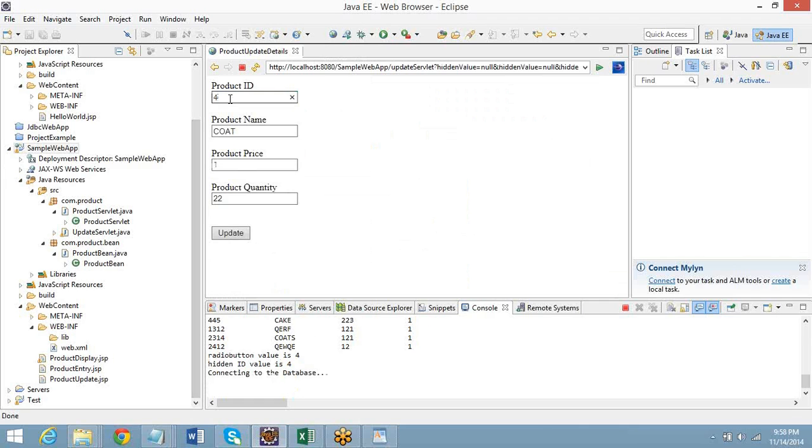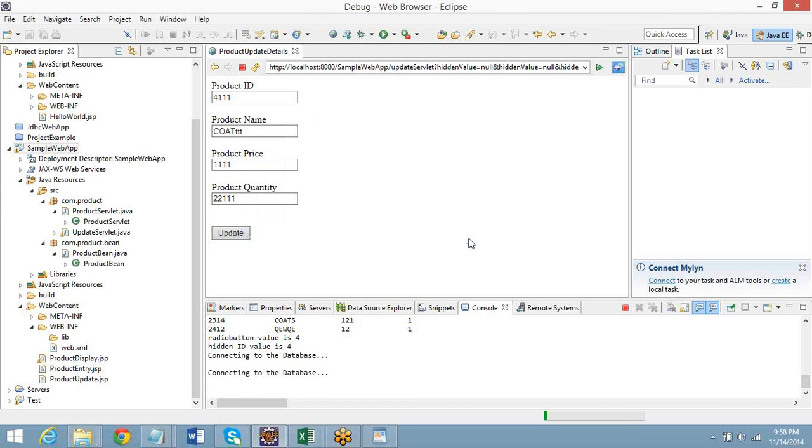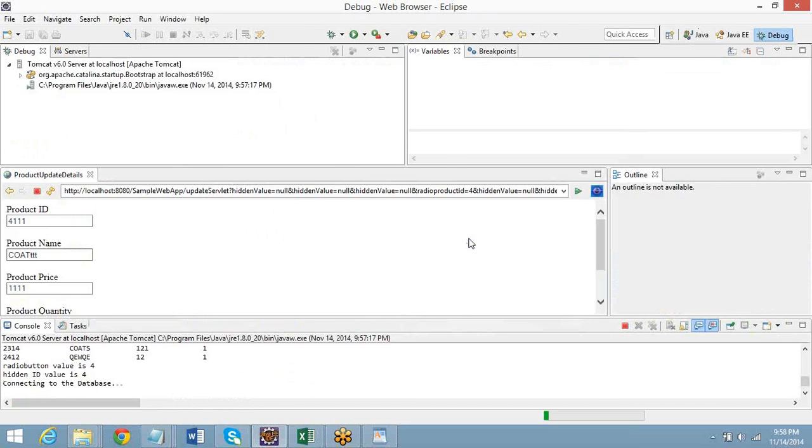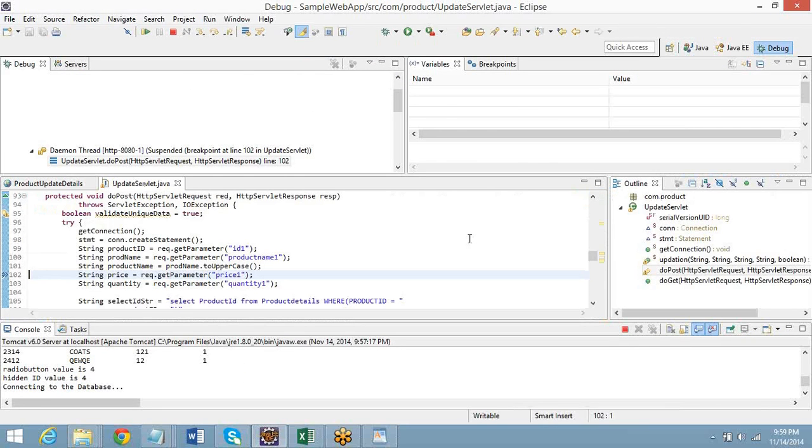Yeah. Okay. Update? Yeah, okay. Yes. Debug. Yes. Wait. Go slowly whenever I tell. Don't go faster. Again, I have to come from top to bottom. Again, we have to come.